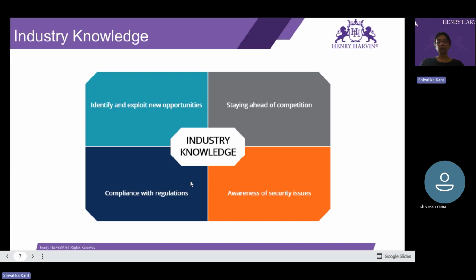So strong industry knowledge involves recognizing such potential vulnerabilities and implementing maybe some preventive measures. Okay, so these are a few of the industry knowledge areas that you should already have with you. Doesn't matter what position you are applying for or what type of expertise you have. These are things that you should be well aware of about the industry and about the company that you're applying to.